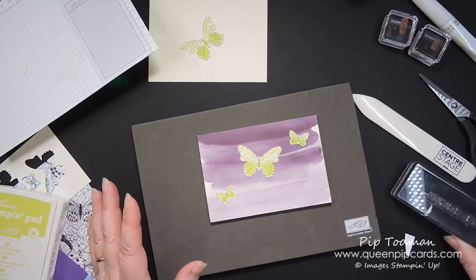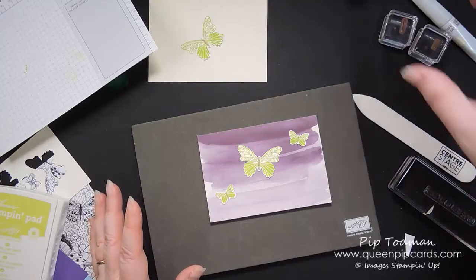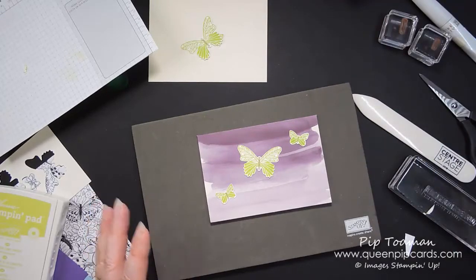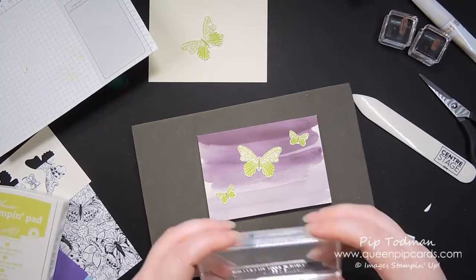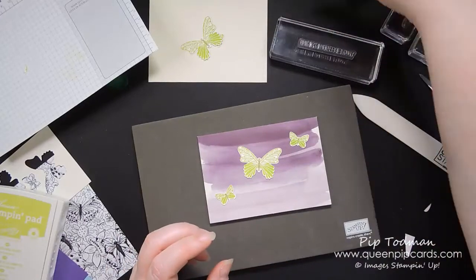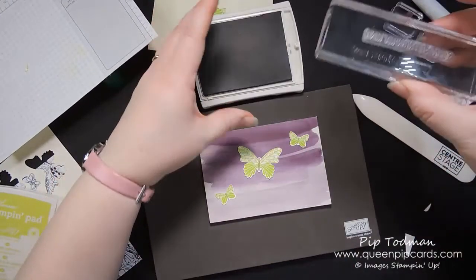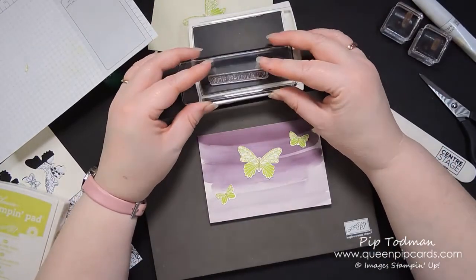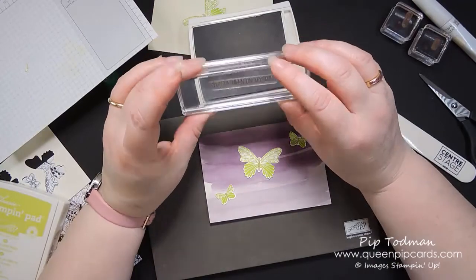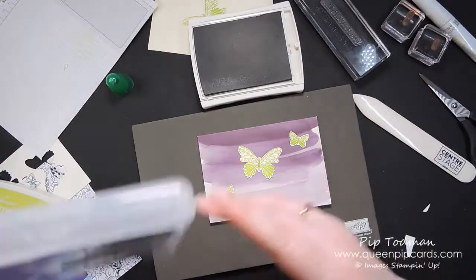the You've Been On My Mind, which I did in black, didn't I, before? I'm going to just give that a quick clean. Hold on. Don't want to get that. Yeah. Don't want to get black all over my Sahara Sand. I think Sahara Sand's going to be a strong enough colour that I can just use the same. Do I want the same sentiment? Actually, I might not want the same sentiment. I might just...